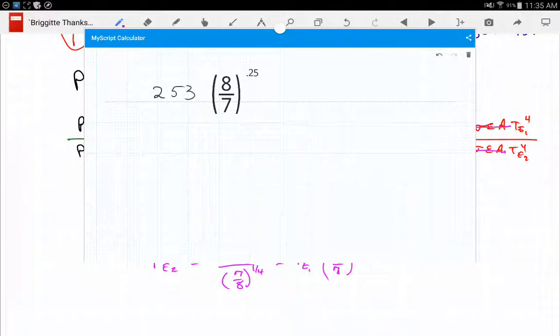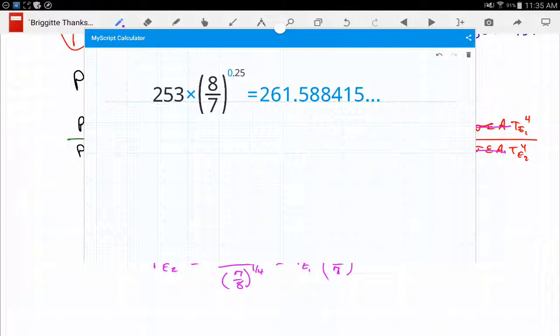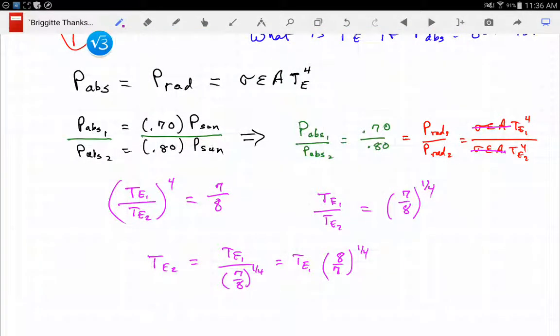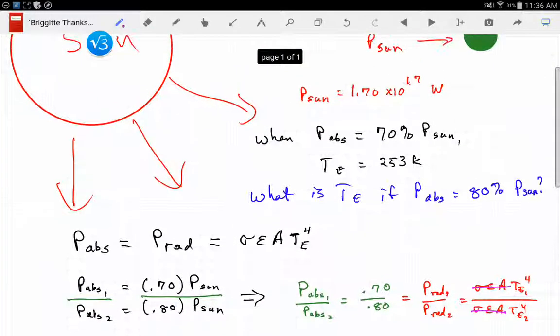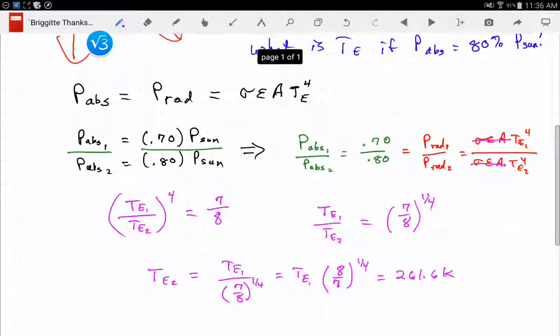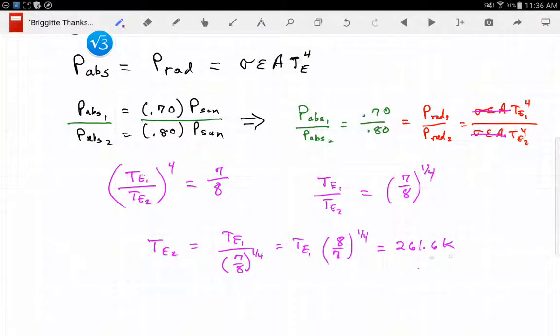Boy, I hope it was 253 at this point. And so I have 261.6 kelvins. Now, let me make sure that was the right temperature. 253. I think that's what I put in. And of course, 261.6 kelvins is about 8.6 kelvins higher. So that's how much the temperature would increase